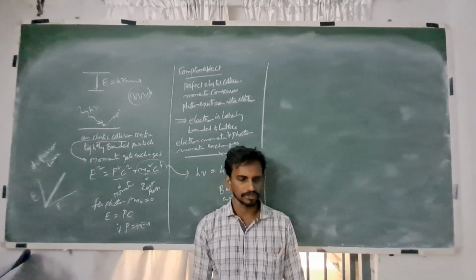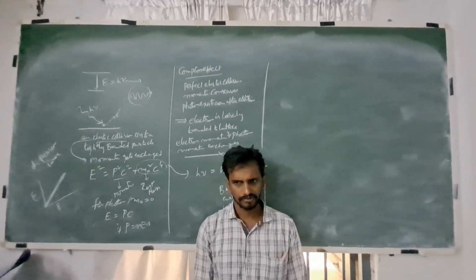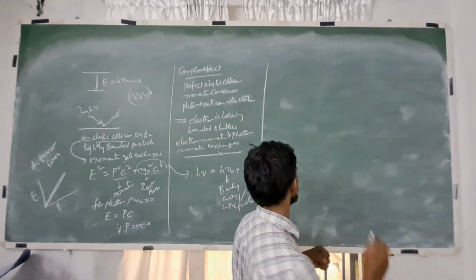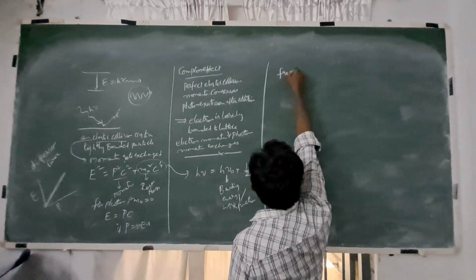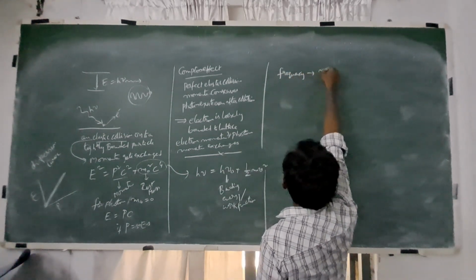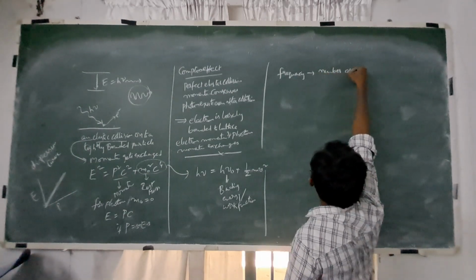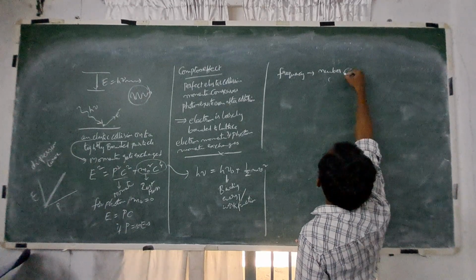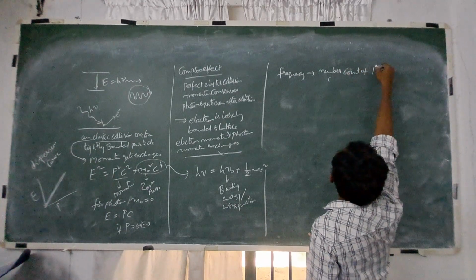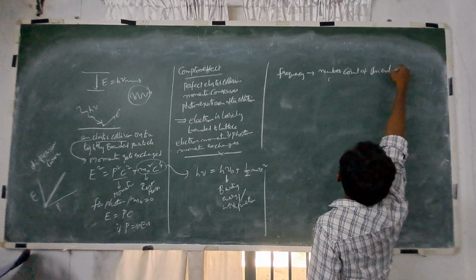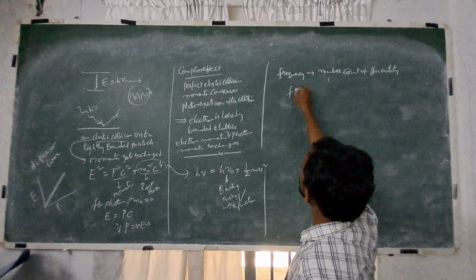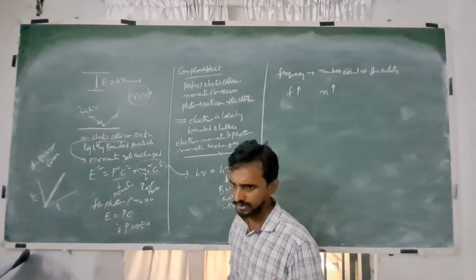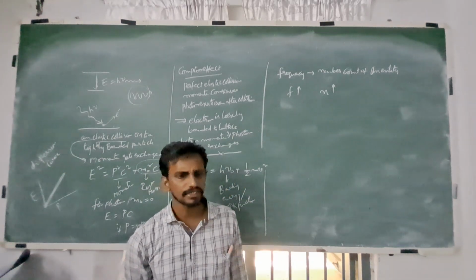If I raise the frequency of photons, what happens? The number of electrons should increase. I mean, that's the general logic. With the rise in frequency, the number of photoelectrons should increase. That's the general estimation. And if I raise the intensity of light,